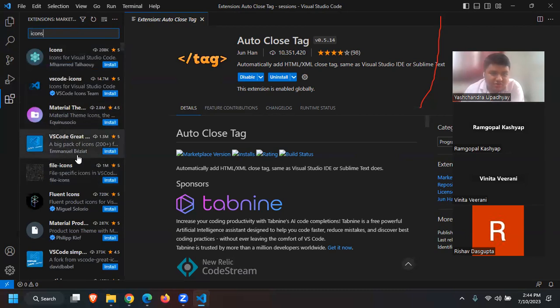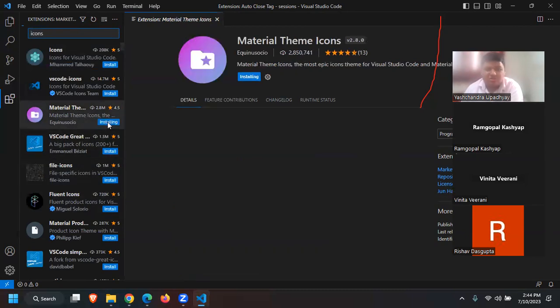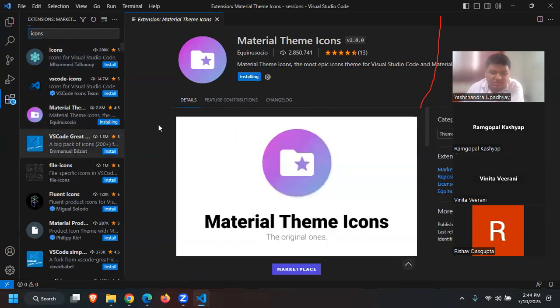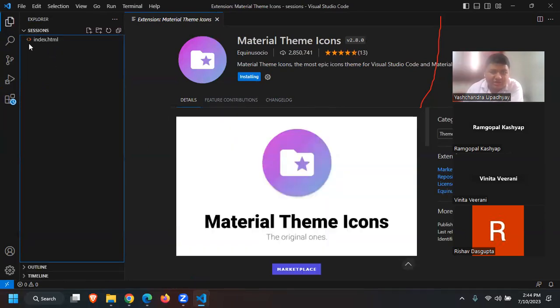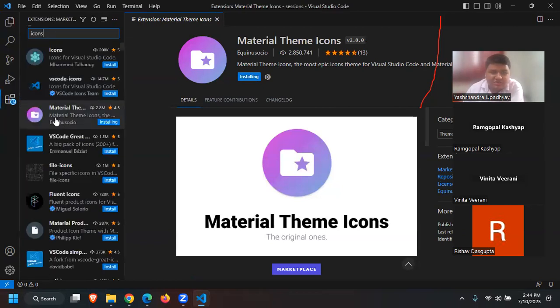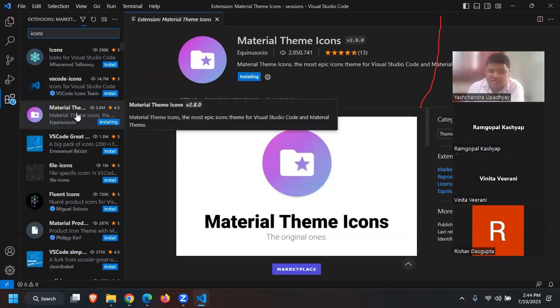So you need to install the Material Icon Theme extension. This is a good icon pack that we can use. Right now you can see index.html has an orange color icon. After installing this, we can change how the icons look, and it will look